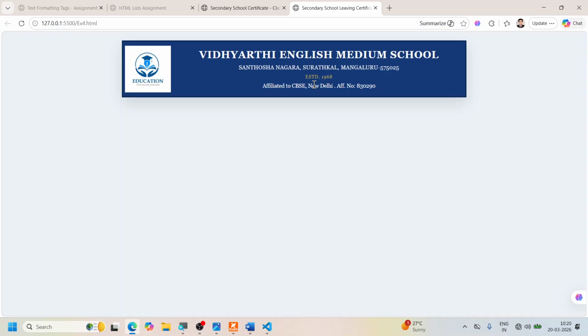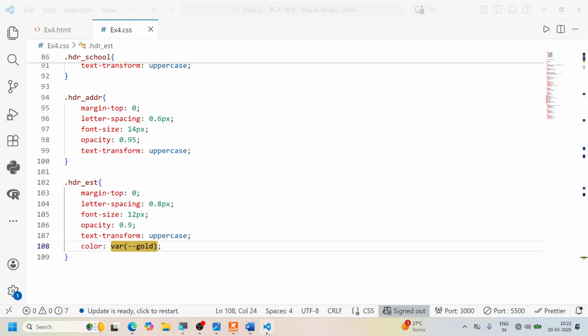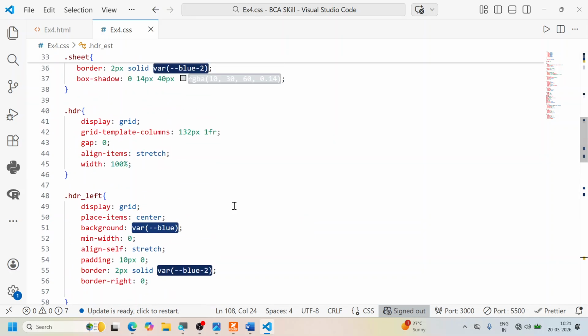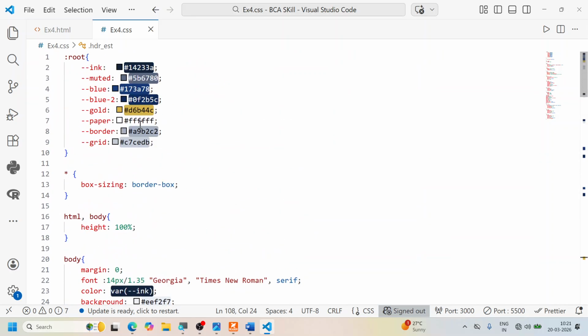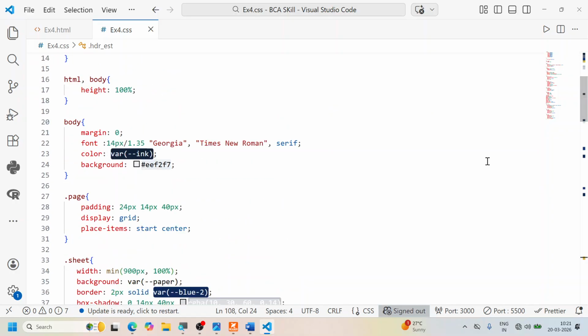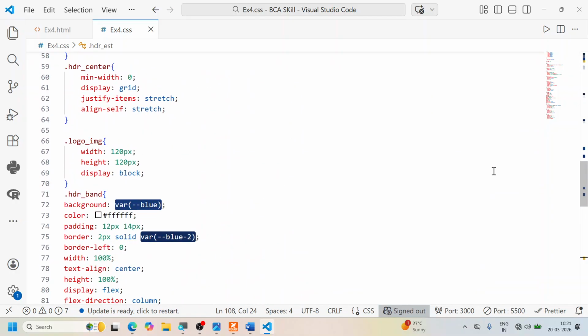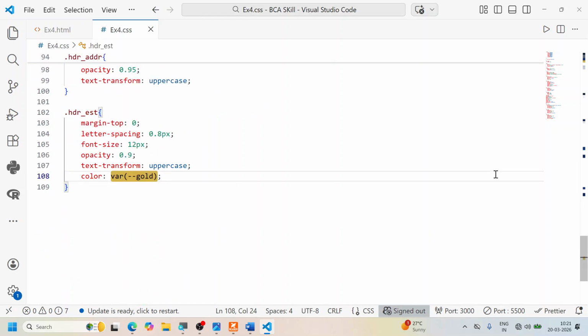Some of you will say that is not coming in gold. I am colorblind, so kindly excuse me. So if it is not gold, you change the original color here. You have to just change it here. That's why I gave you the color right at the top. If you feel that that is not gold, it is yellow, pink or red or any color of your choice, you just change it. Okay,